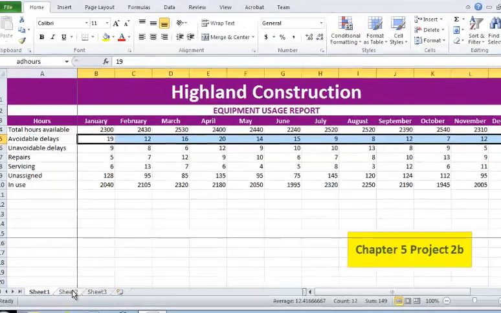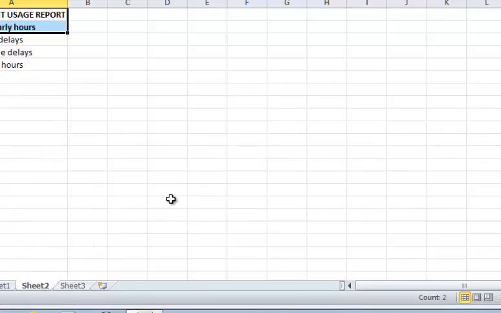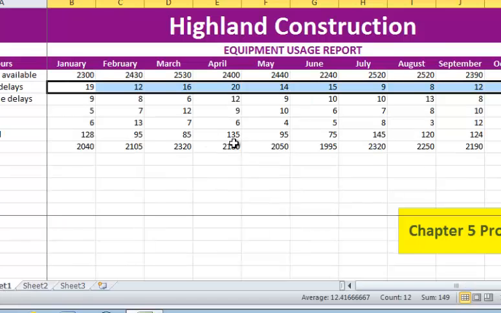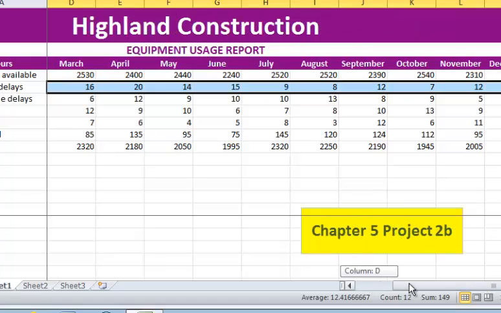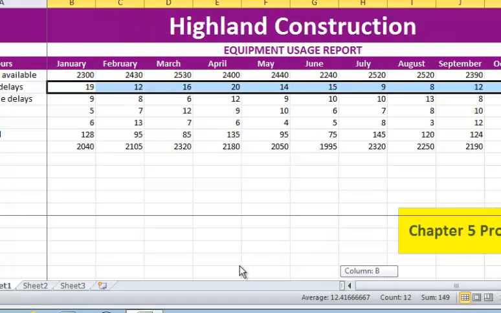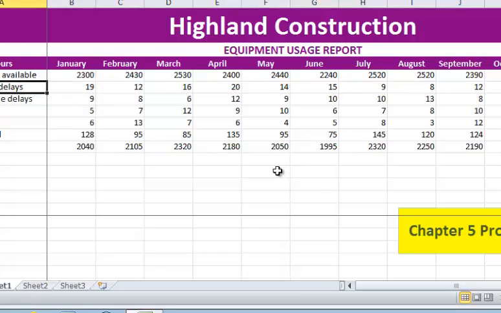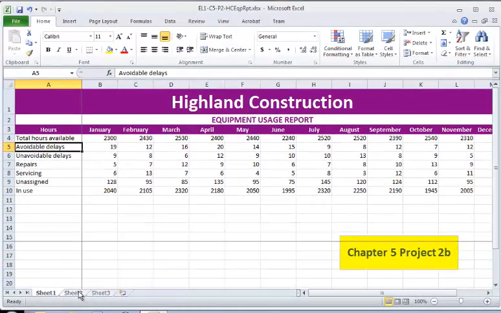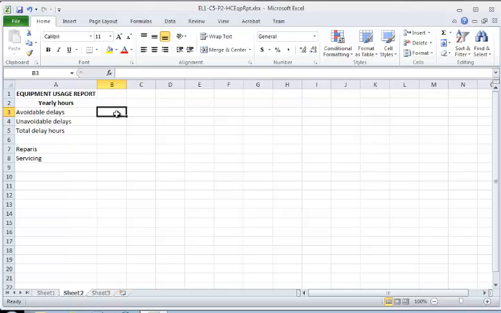Okay, let's go back to sheet 2. And then let's click on B3. So here's B3. We are going to calculate the total of avoidable delays. So that's for the whole year. It doesn't say what year it is. But anyway, I want to add up these numbers that belong to avoidable delays, and then display it on another sheet here,